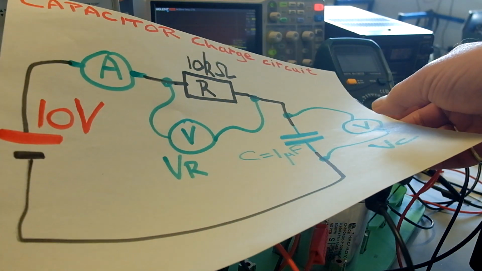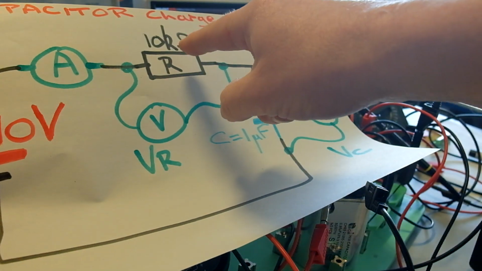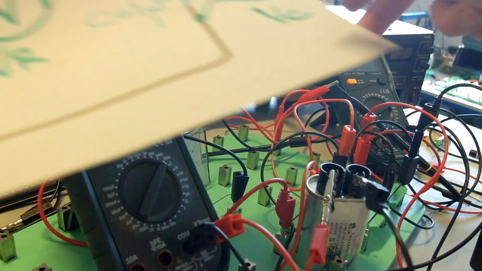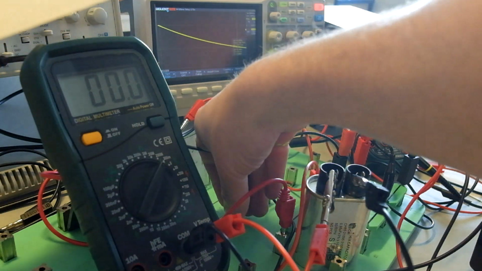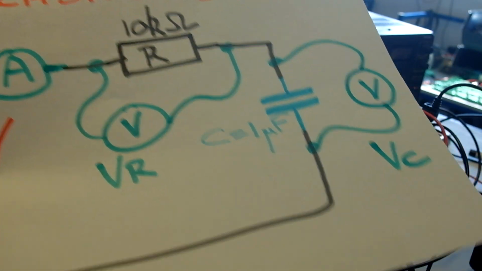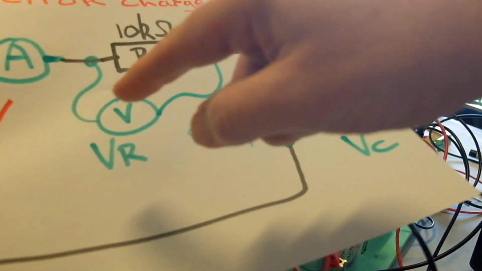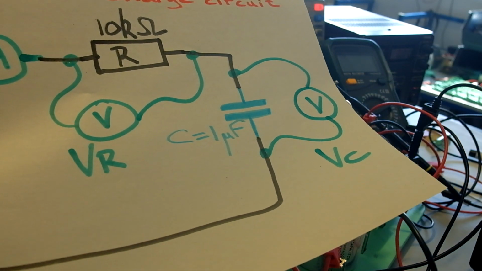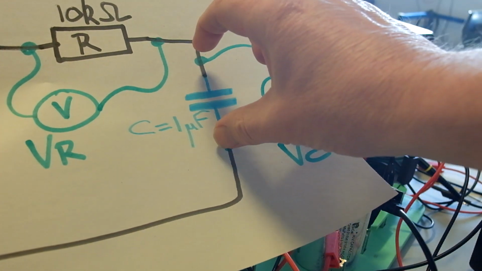Okay, previous circuit here, we've got a charged circuit, 10 volt DC, 10 kilo ohm resistor. We're measuring with a voltmeter, this voltmeter here, the charge current through the capacitor. So if we charge the capacitor up, we have 19 millivolts across the 10k. The 19 millivolts indicates that the load that it sees here